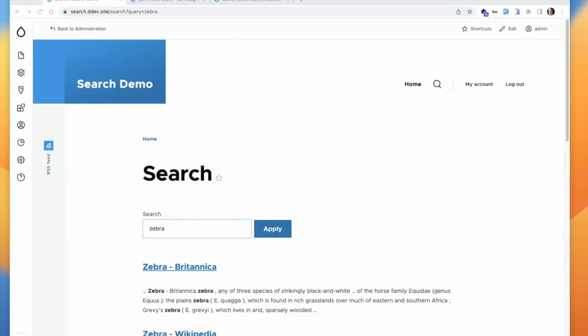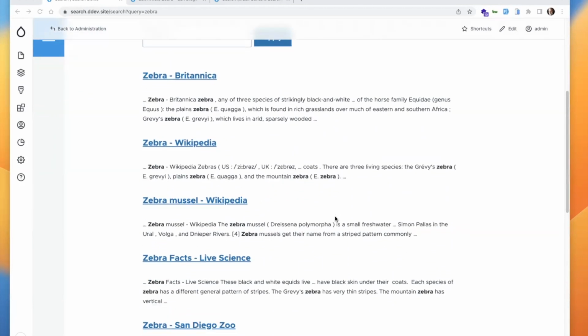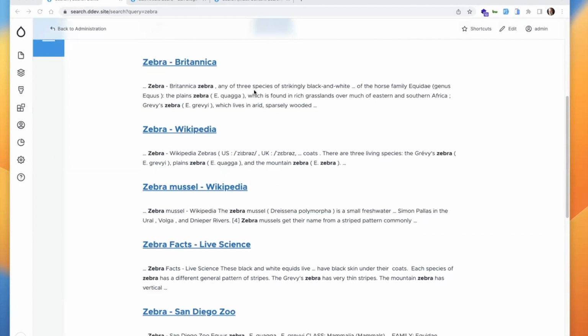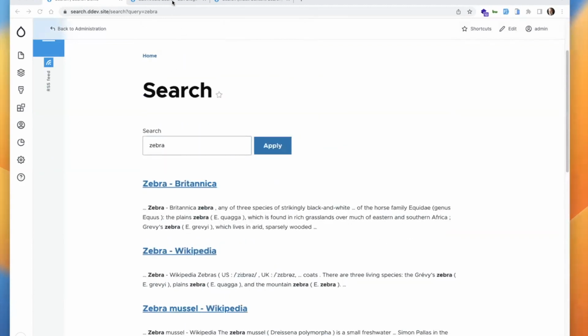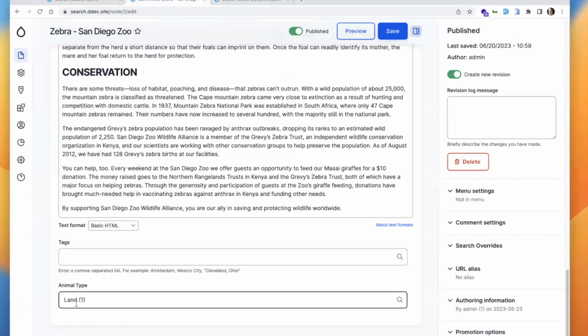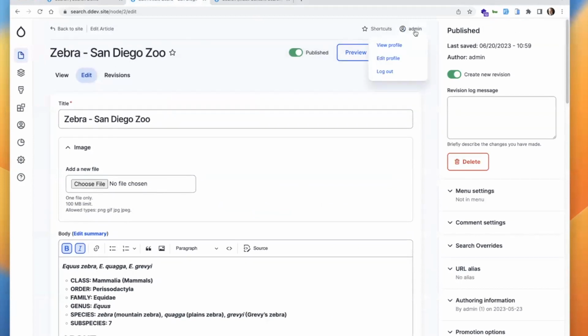As an example, we're going to look at this example website where we've got content about a variety of aquatic and animal life. So we've got zebras and zebra mussels in here. And what we've also done is categorized the different pieces of content to show land or sea animals. In a similar way, if we go up to look at our user profile, we can see that we